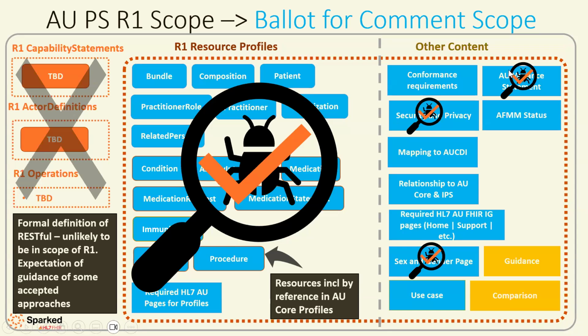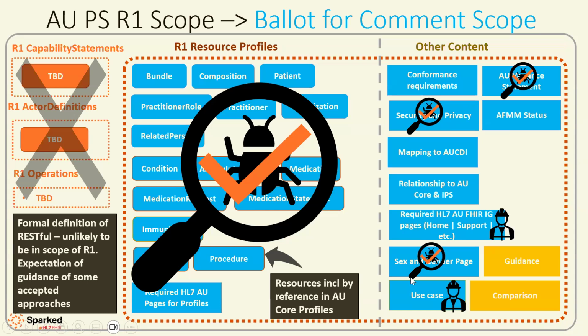We're also ready to go with this variant statement page. We've got something in security and privacy, and I think we need to look at it and see if we're happy with where that's at, or if there's anything we need to do before we go out for ballot for comment. And the sex and gender page is there. So that's what's ready for us to actually have a look at and start going through that more detailed walkthrough and check for bugs, check for changes, check if we are totally satisfied.